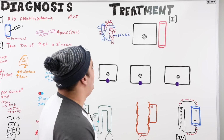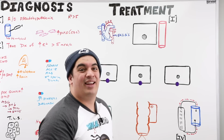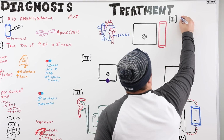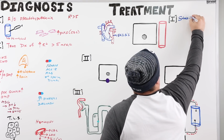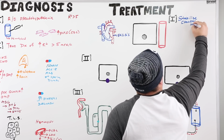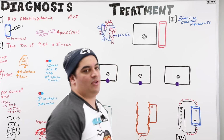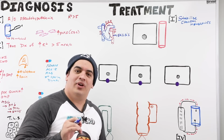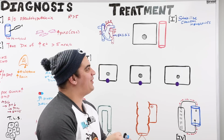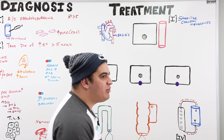So not only is it EKG changes, but if the potassium level is getting really, really high, you have to start considering giving them something to stabilize their cardiac membranes. Now, for a long time, I was like, what does that mean to stabilize cardiac membranes? And you just kind of assume it just stabilizes it. The real mechanism isn't completely understood. It's actually kind of difficult to elucidate. But what we've been able to, for the most part, assume